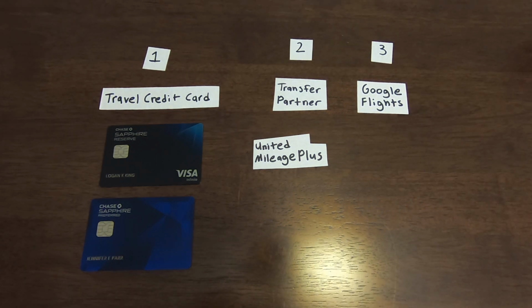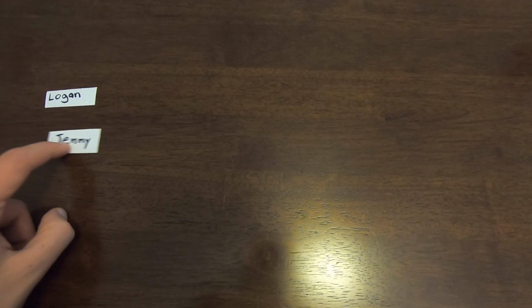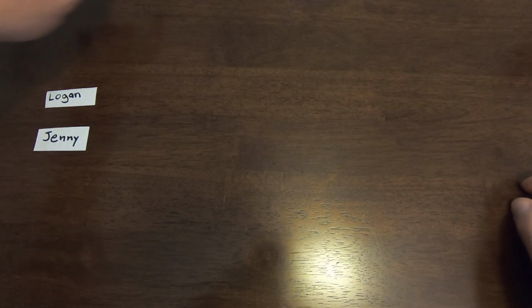Google Flights is helpful because you want to understand how much the dollar amount of your flight is before you book with points. This gives you a good idea if you're getting a good value for the points that you're using. The $8,000 worth of flights mentioned in this video is a combination of my flights as well as Jenny's flights. So our first example, we'll do our Singapore